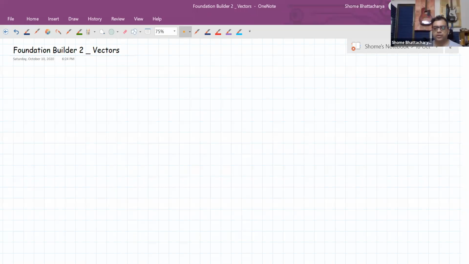Geometrical approach and component algebra, both the things for vectors. In today's lecture we will start with some additional theorems in problem solving in vectors. So we will start with some additional theorems and problem solving methods, as I was telling you. So the first thing we'll start with here is the parallelogram law of vectors.